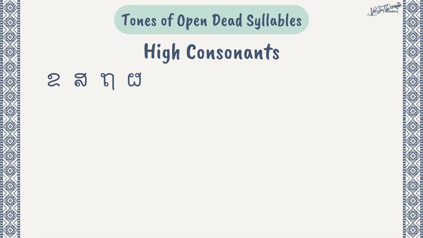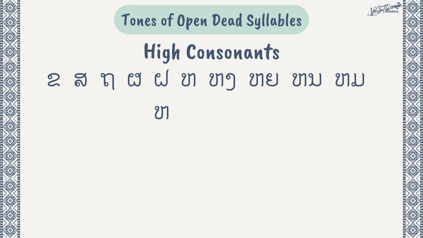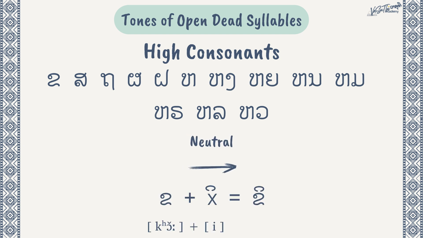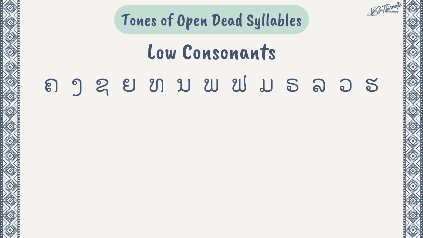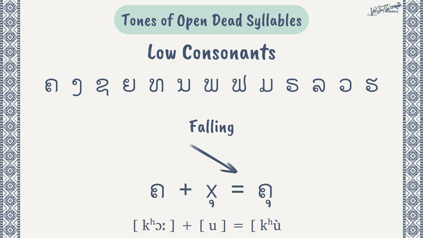If the initial consonant is one of the 13 high consonants, the tone of the syllable is also neutral. ขอขออิคิคิ And finally, when the initial consonant belongs to the group of low consonants, the tone of the syllable is falling. คออุคุคุ